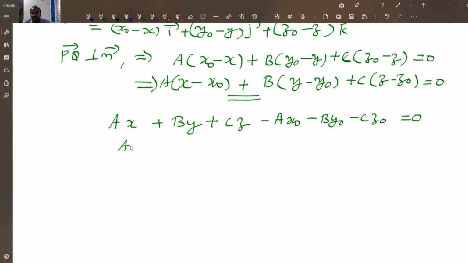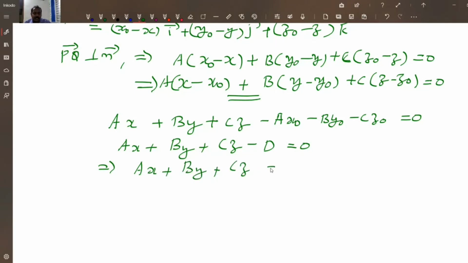So you are getting ax plus by plus cz, minus d equal to 0, or you can take it as plus d equal to 0. So this implies ax plus by plus cz is equal to d, where d is ax naught